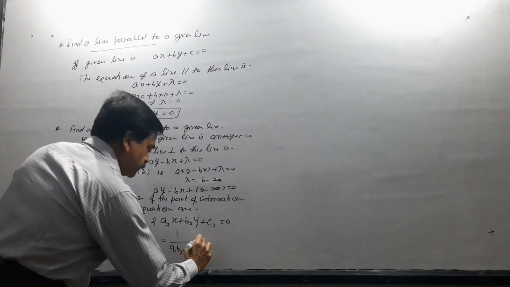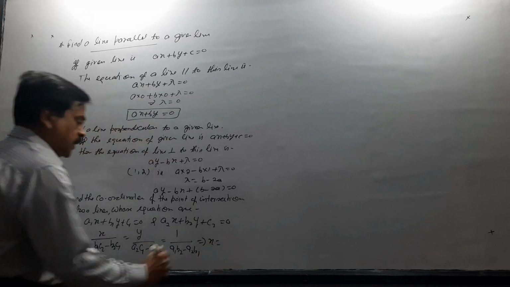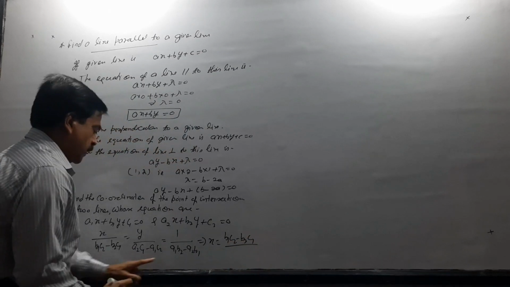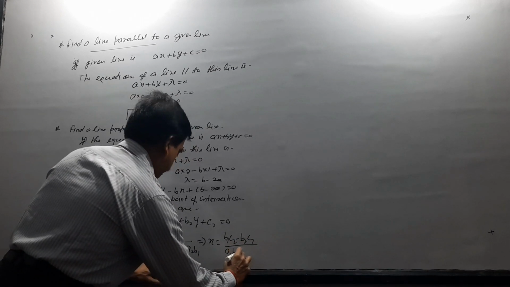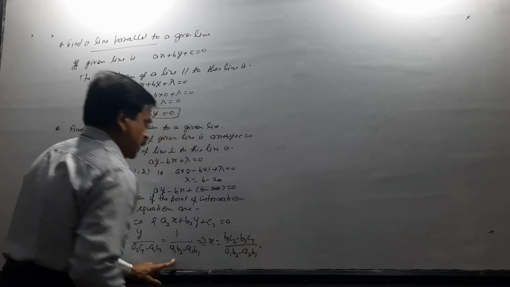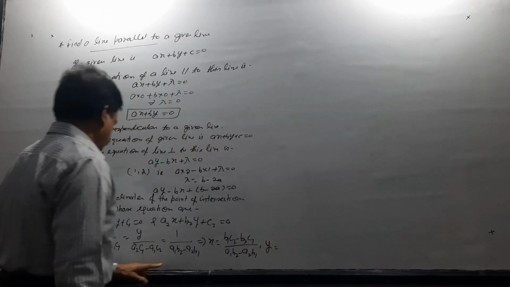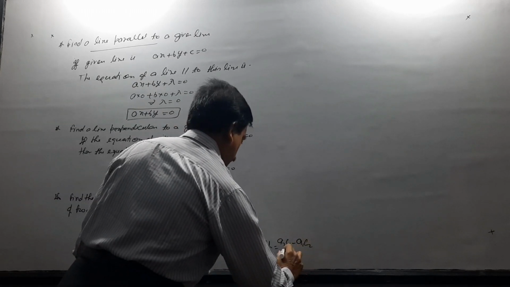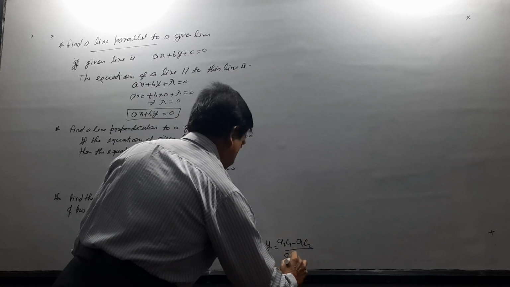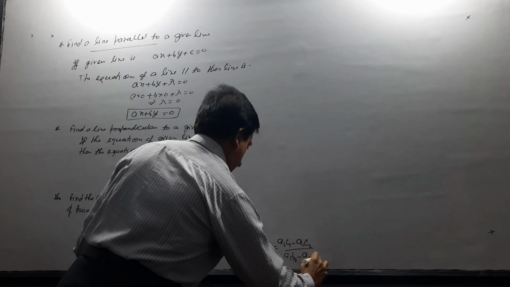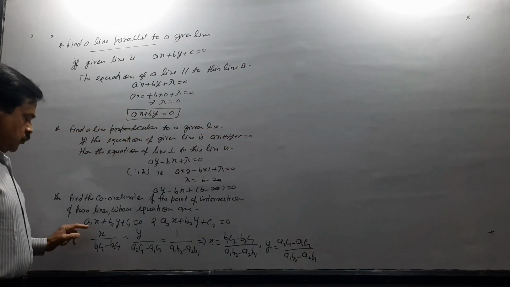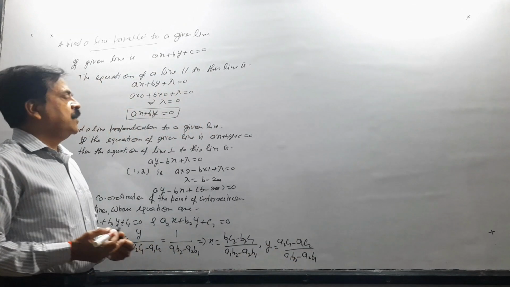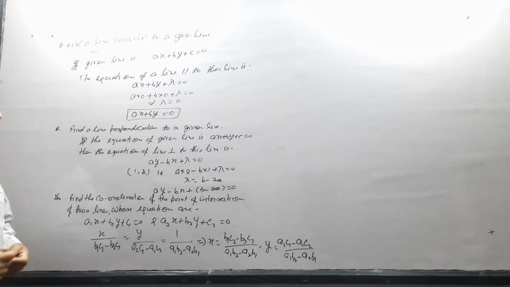Then value of x equals b1 c2 minus b2 c1 upon a1 b2 minus a2 b1, and value of y equals a2 c1 minus a1 c2 upon a1 b2 minus a2 b1. To find values of x and y, and these values of x and y will provide coordinates of point of intersection of two lines. And now